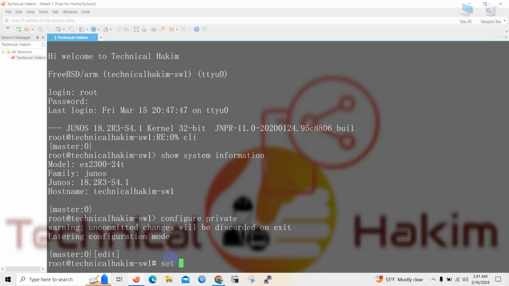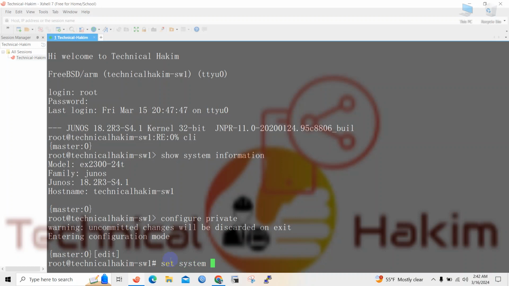Basically the operator login class user has permissions like clear, network, reset, trace, and view. Likewise, the read-only login class user has only view permission, whereas the super user login class user has all the permissions, from configuring devices to the interface. And similarly, the unauthorized user has no permissions. So let's begin